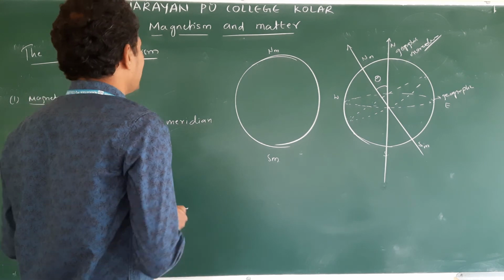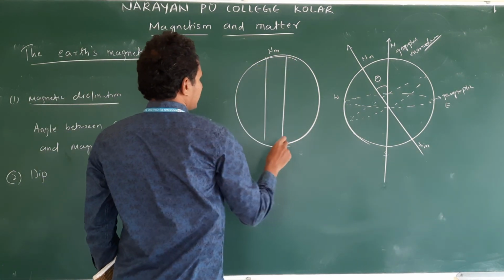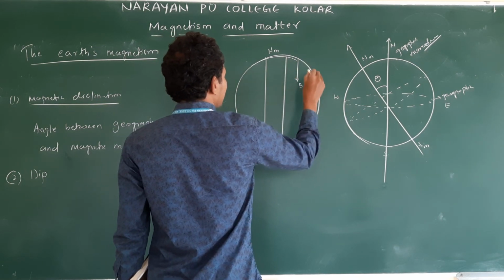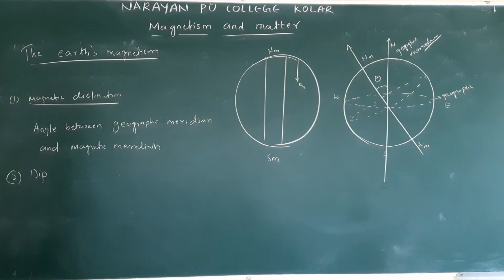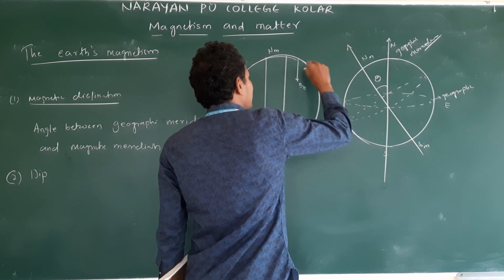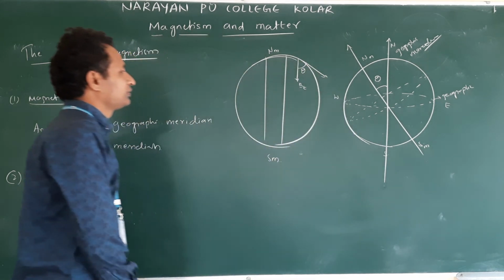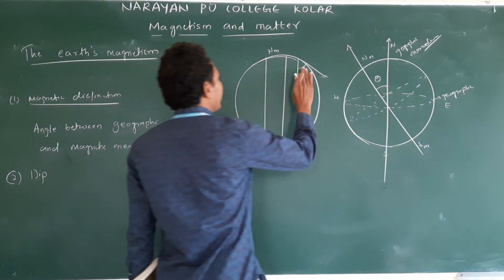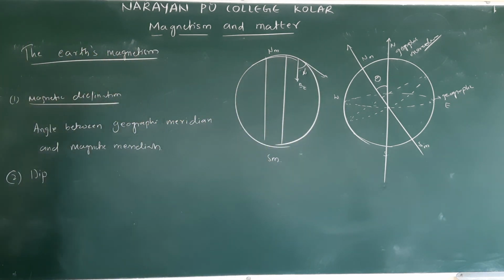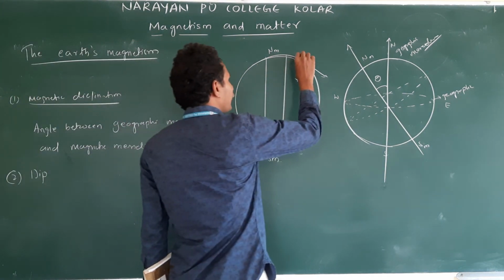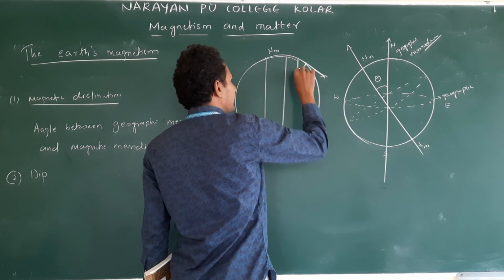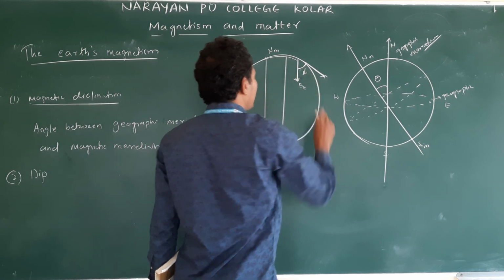Now the magnetic field, if you take this as a magnet, the magnetic field will act like this, the earth's magnetic field. Clear? So draw the tangent here, this theta. Don't take it here as theta. To avoid the confusion, you take this as alpha. So the angle between the tangent and the earth's magnetic field is called dip